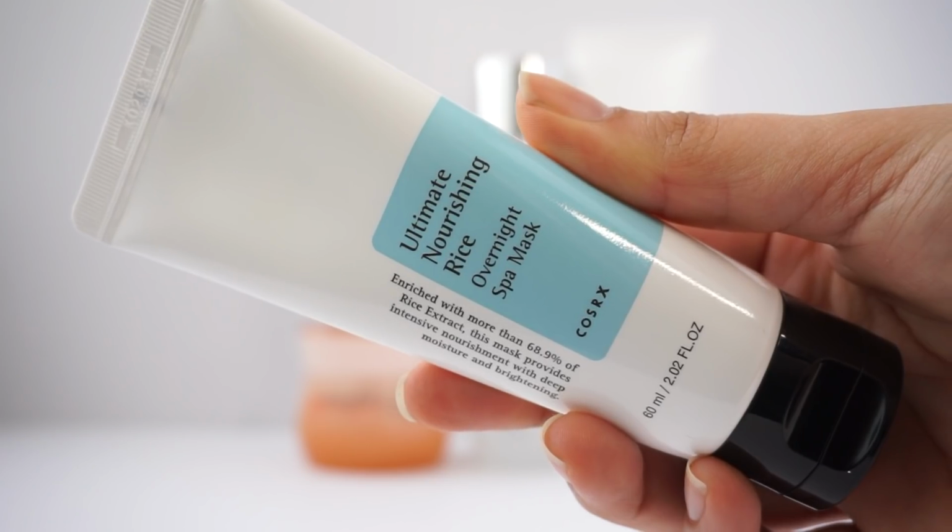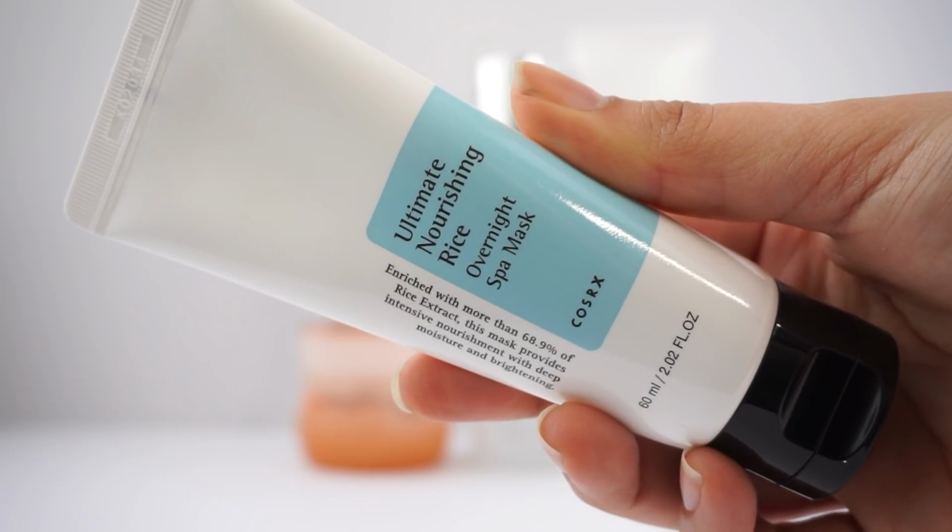And speaking of final steps, sleeping packs are a great way to really help condition dry skin overnight. And one of my favorite ones for dry skin is the Cosrx Ultimate Nourishing Rice Overnight Spa Mask. Now, what's unique about this one, compared to the other sleeping packs on the market, is that it's a cream sleeping pack, and I find that most sleeping packs are more humectant based, gel type sleeping packs, which can be okay for dry skin, but I love the richness of a cream like this